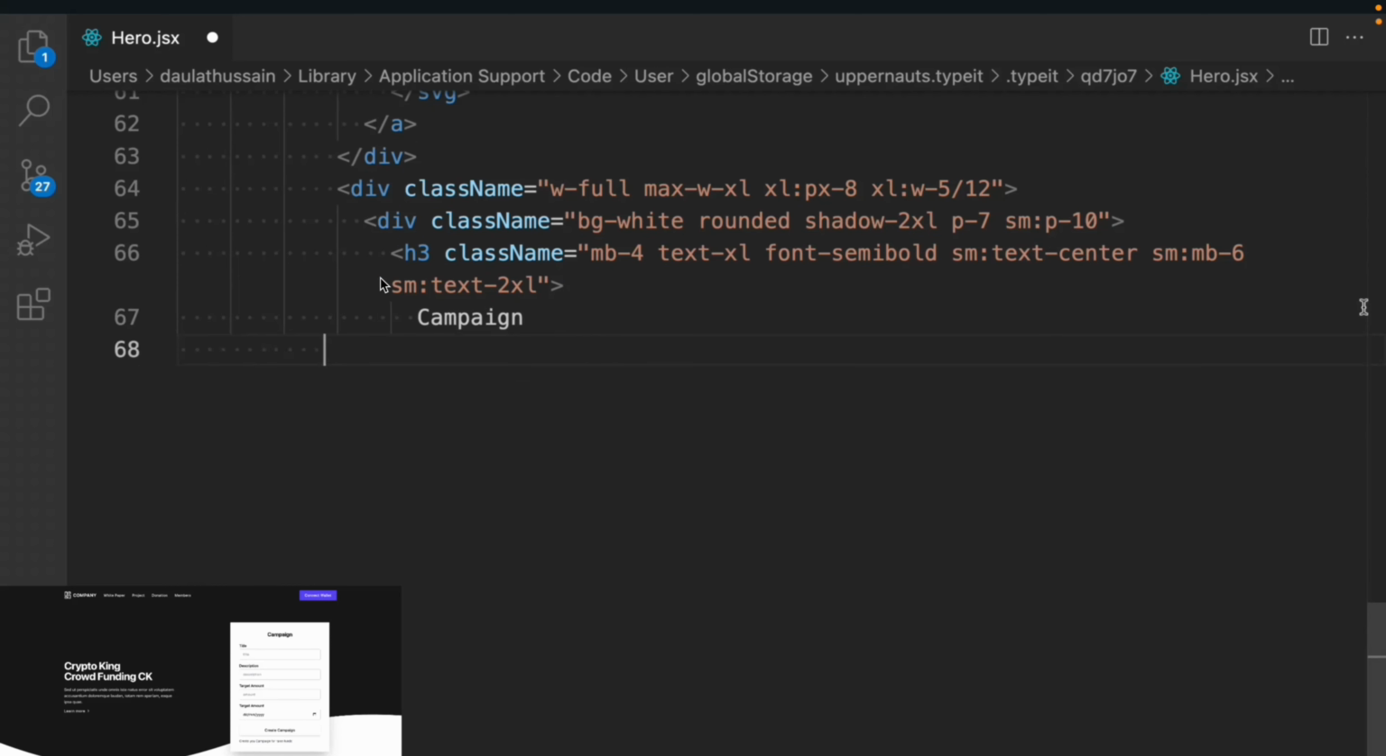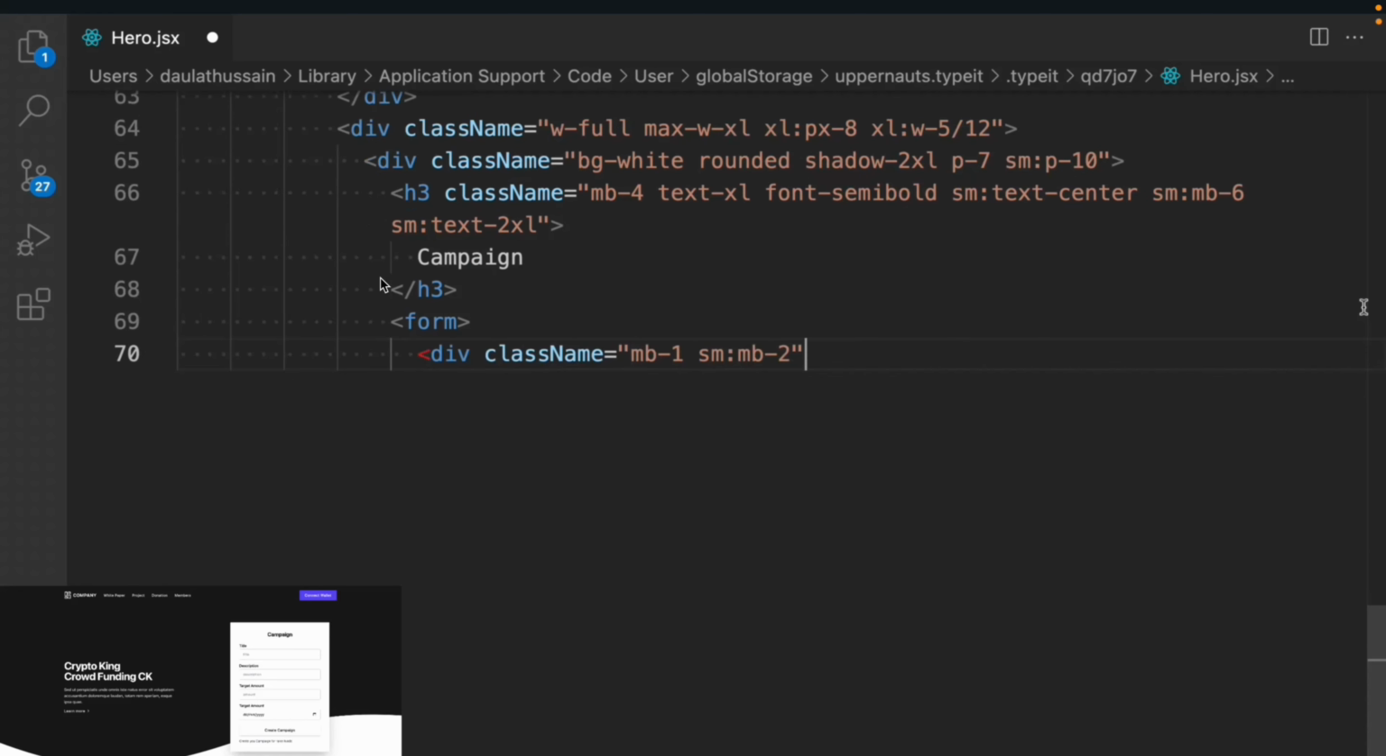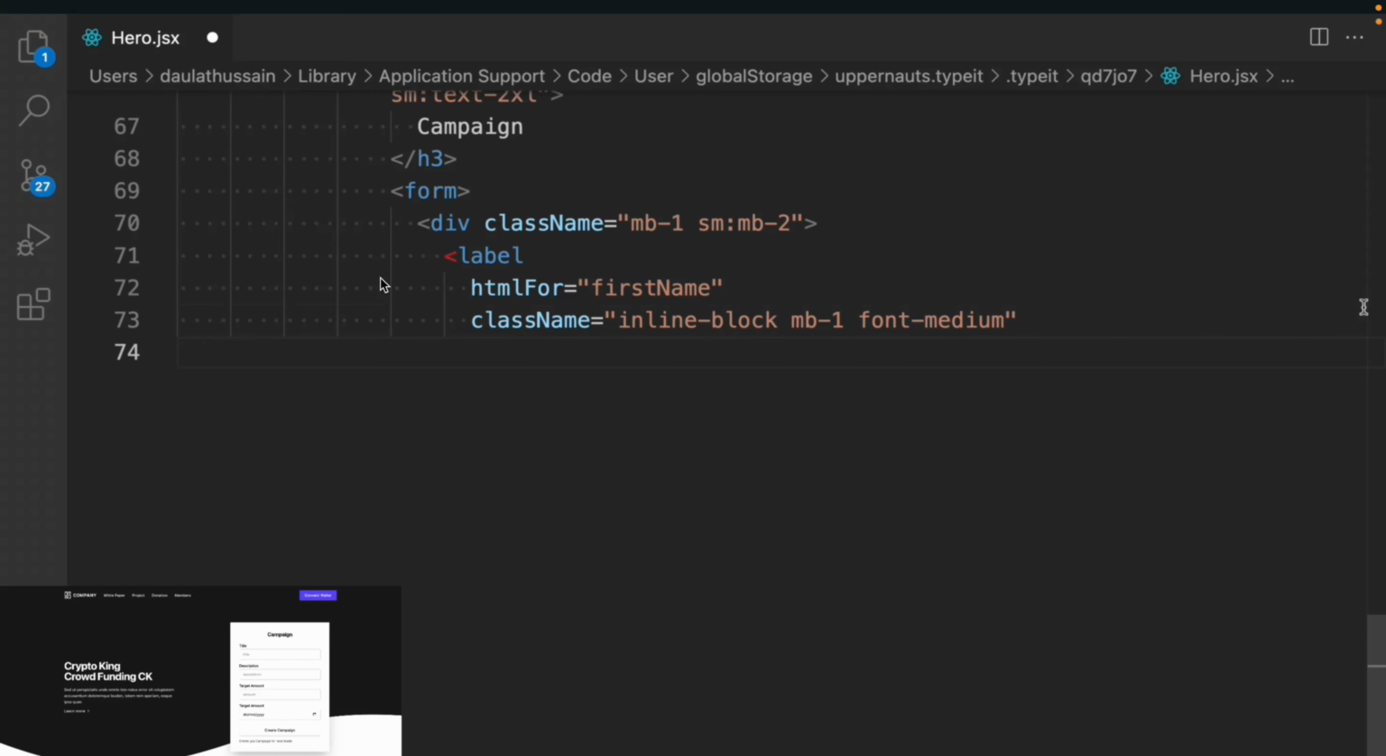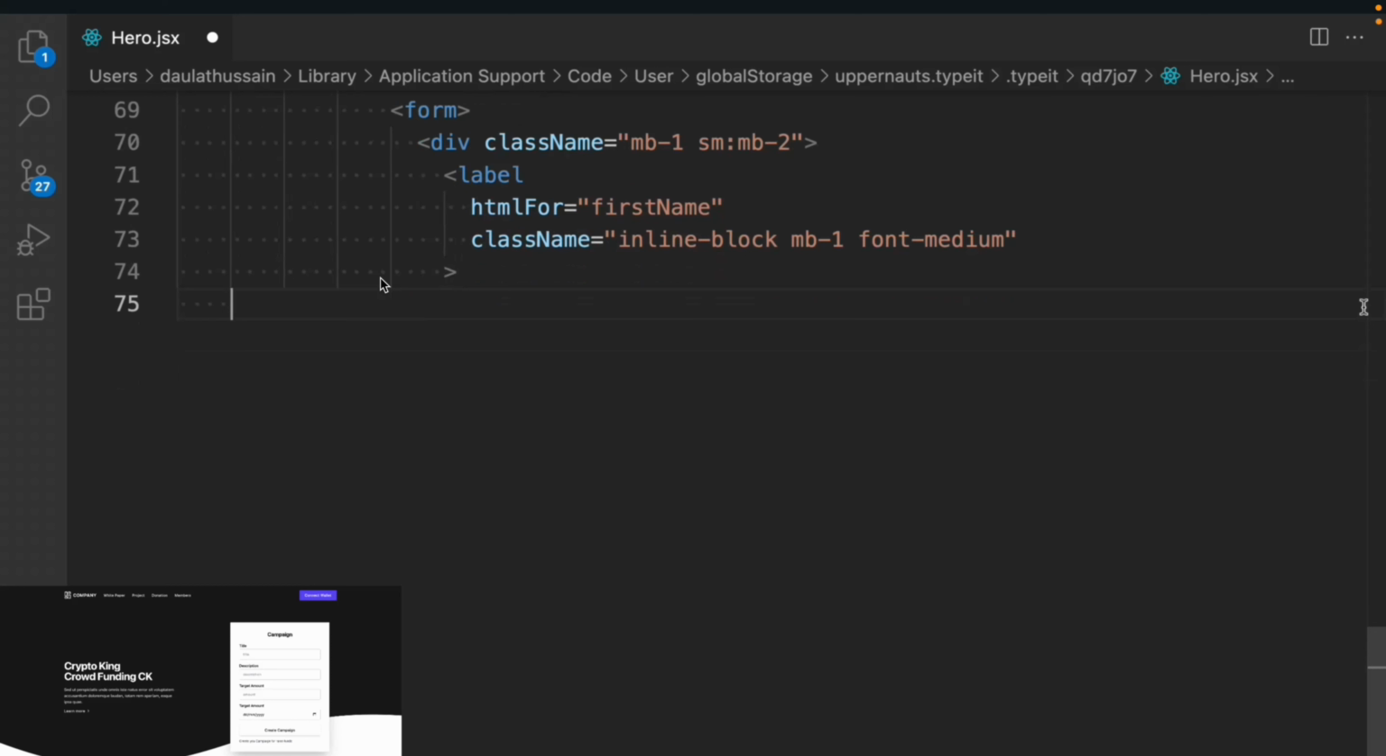We'll have this text, campaign. So this is our title for the form. Now we'll come here, we'll take the form tag, and in that we have to define all the input fields. So we'll take a div, we'll have a class called margin-bottom 1, and on small devices we'll take margin-bottom 2, and we'll have a label, and we'll have this htmlFor, we'll say first name. We'll take the classes inline-block, margin-bottom 1, font-medium. We'll close that one, and now